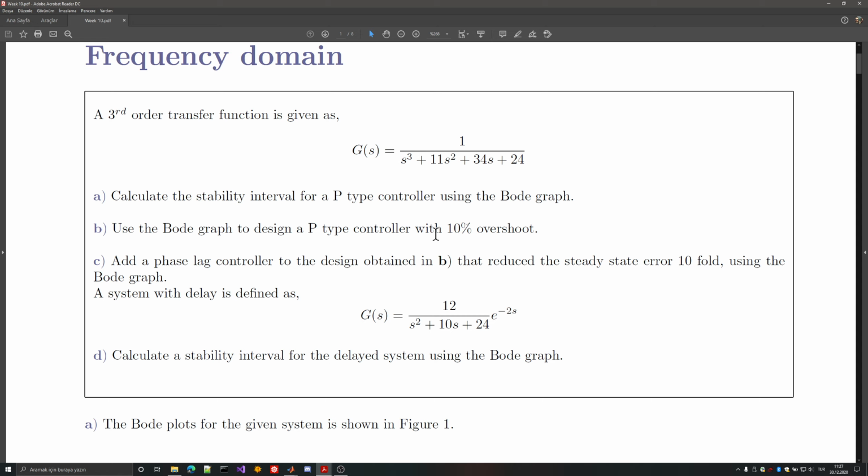And in the time domain, if you remember, we were looking for a zeta value. So the thing that we did there was we took this overshoot. We had a formula: minus log overshoot divided by the square root of pi squared plus log overshoot squared. And this would give us a zeta value. And then in the root locus domain, we were just looking for this zeta graph, which is basically a line. So the intersection of the root locus and our zeta line would give us the solution, and